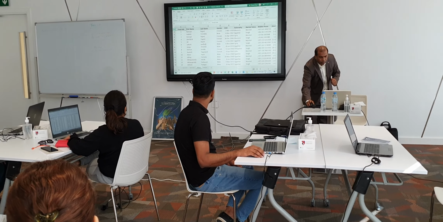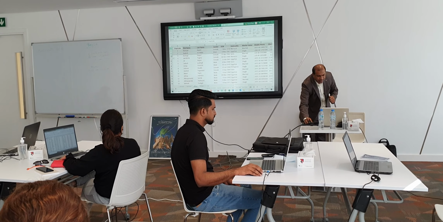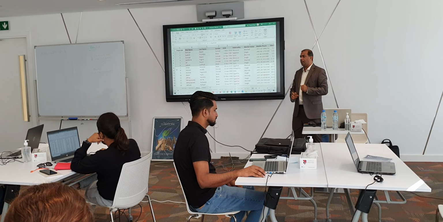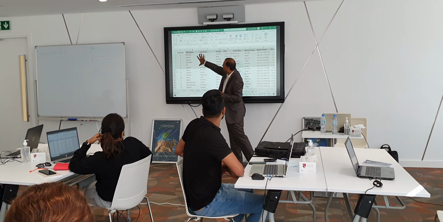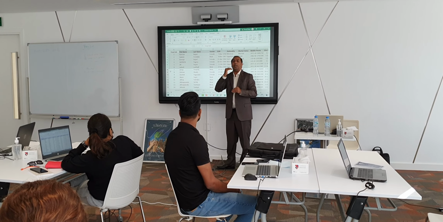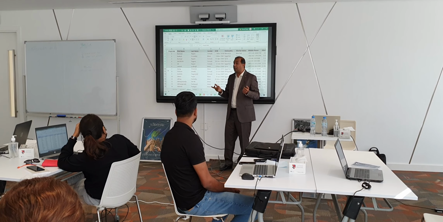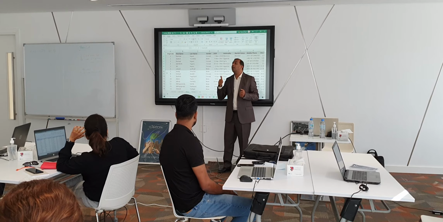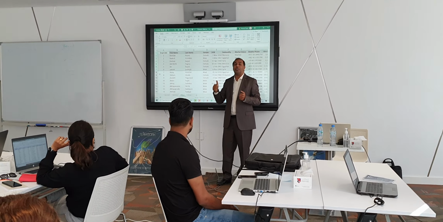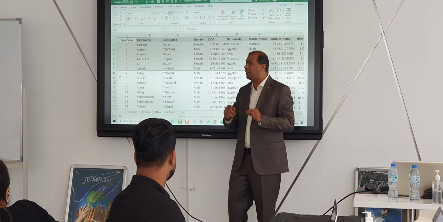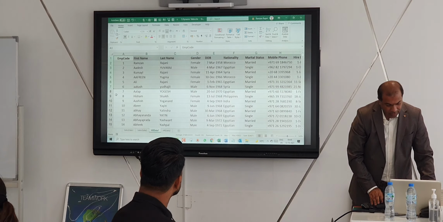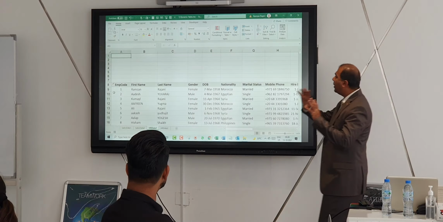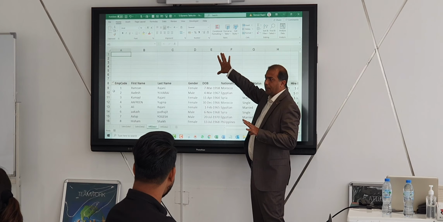I will come on row number 1 and I will select all the 7 rows. You can do after me. Let me complete it. So first I selected 7 rows. Now I want to insert a row. What is the shortcut for inserting a row? Very good. Control Shift plus or Control plus. You see I am pressing. So I say Control plus and my rows are added. First step is inserting rows.